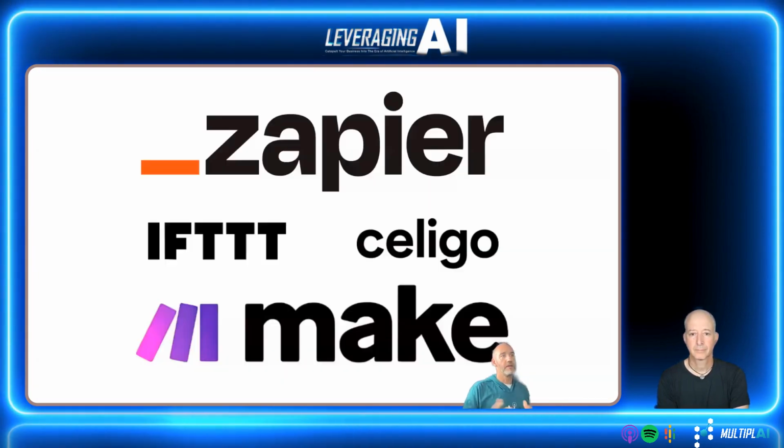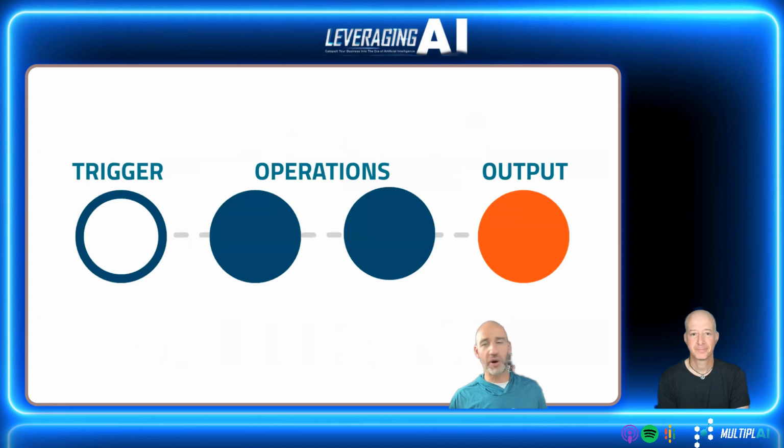So the integration tools, there's a ton of them out there, Zapier, Make. Now, what all of these companies lack in terms of logo diversity and creativity, they more than make up for in capability. These things are extremely powerful and they all generally work the same way. There are three main components to how these things work: there's a trigger, there's a couple operations, and then there's a final output. I'll dive into each of these and explain how they work.